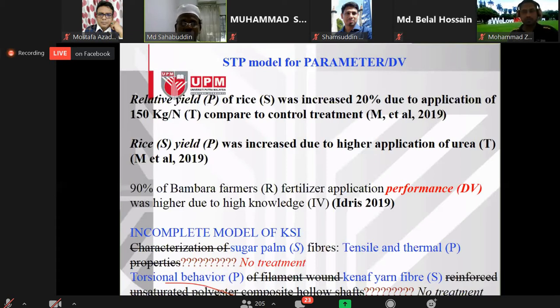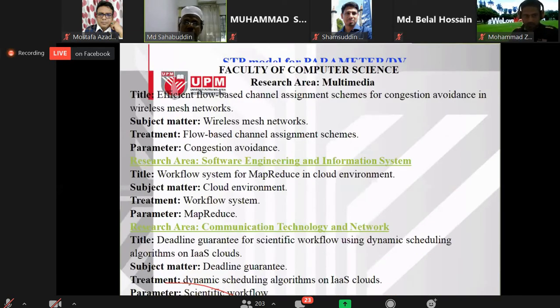This title was already published from UPM, engineering faculty, but we found there is no treatment word in the title. That means it is incomplete, because when you write any title, of course there should be 3 elements: subject, treatment, parameter, or IV, DV. This is an example of how we can select the subject, treatment, parameter under computer science or any field of study.